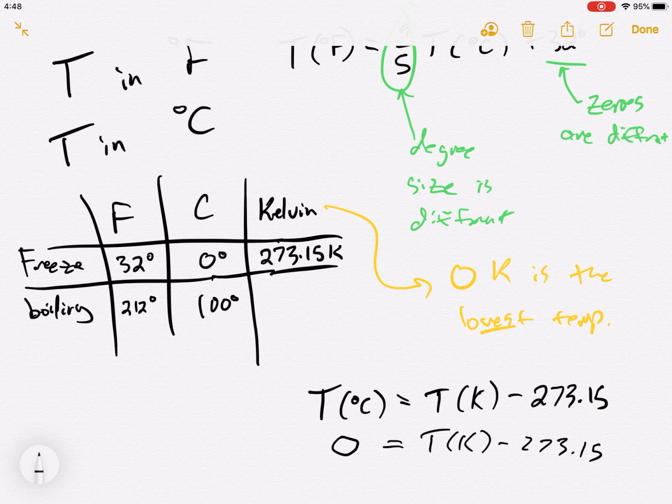All right. And then the boiling point must be 373.15 Kelvin. Room temperature is pretty close to 300 Kelvin, right? Because room temperature is like 20 Celsius. Notice again that this offset is strictly additive. So that means that the step size for Kelvin and the step size for Celsius are the same. That does something really cool for us.